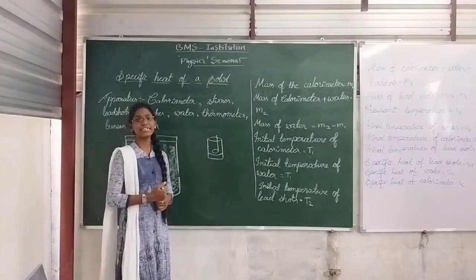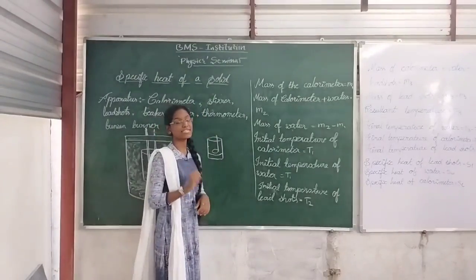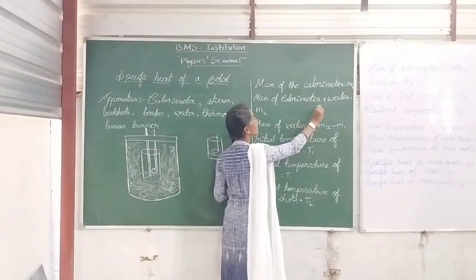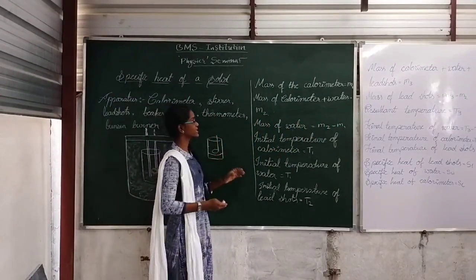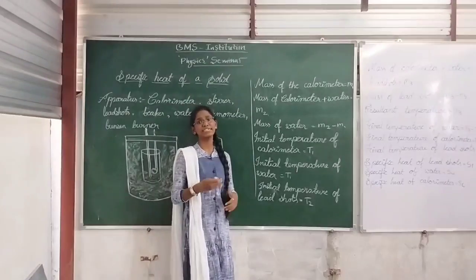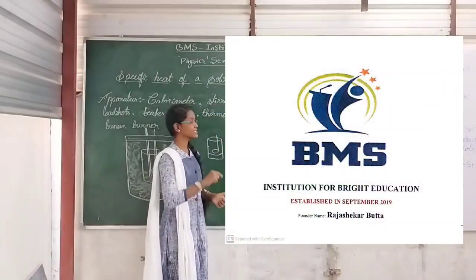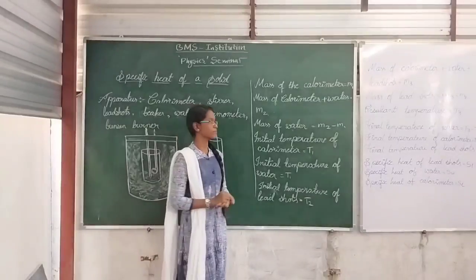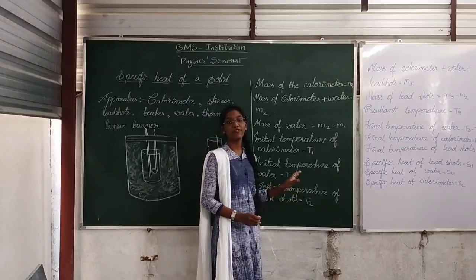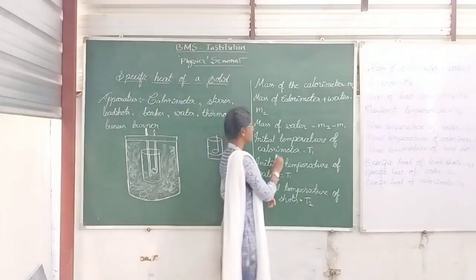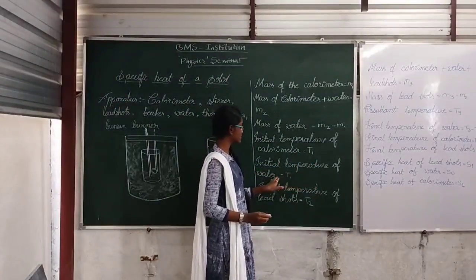Now when we pour water into it, the mass of the calorimeter increases, right? So we are taking the mass of the calorimeter plus water as M2. And now we have to see the temperature of the water. Here we didn't heat them, so the temperature will be the initial temperature, which is the room temperature. So the initial temperature of the calorimeter and the initial temperature of water are both the same. Initial temperature of the calorimeter equals T1 and the initial temperature of water is also T1.